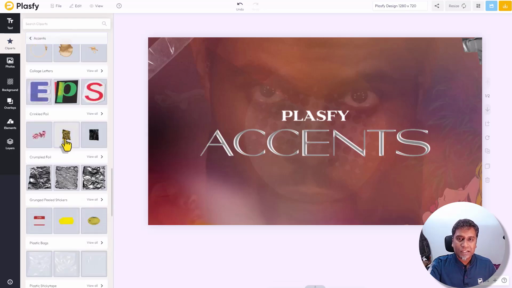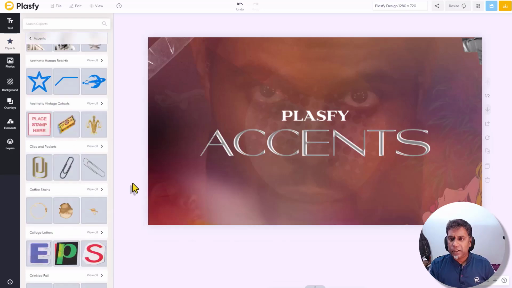All you have to do is pick what you want to use and use them in your design. Now let's look at this design and try to see what went into it, and then we'll take this design apart totally and see exactly what happened. So we have the text here, we have Plasty here. I think this is really not a text but some kind of PNG image created and uploaded into this design. Then we have some tape here, we have the picture of a person.